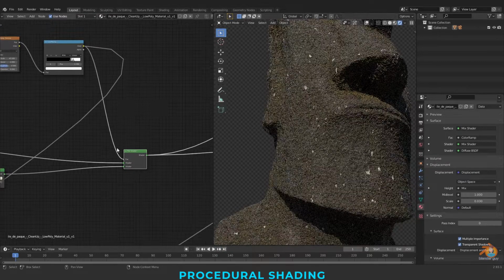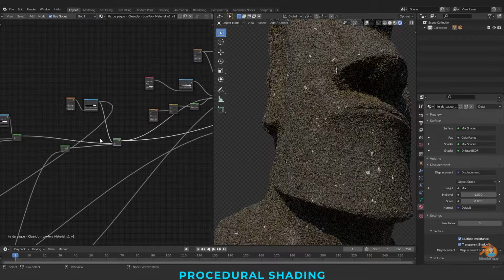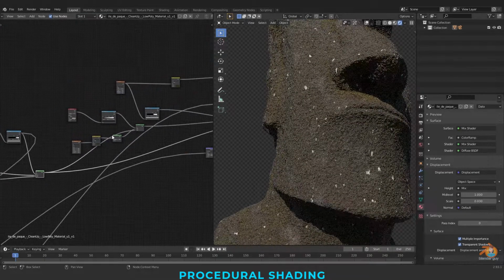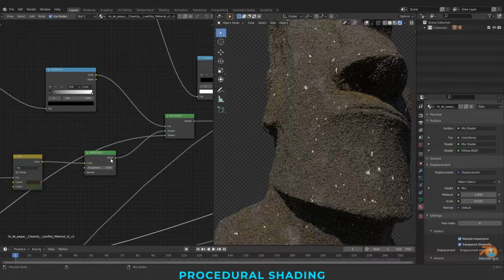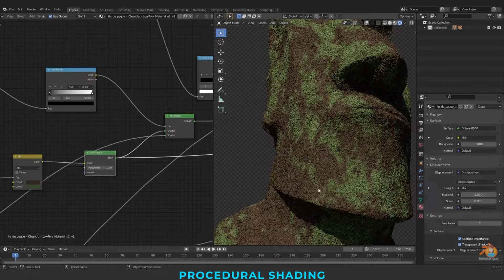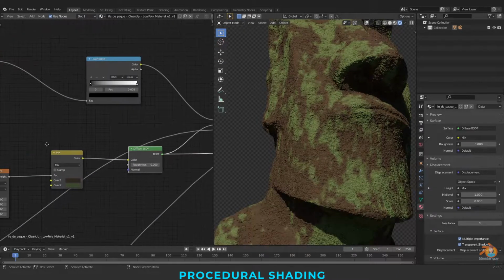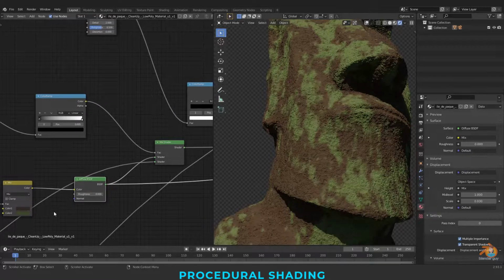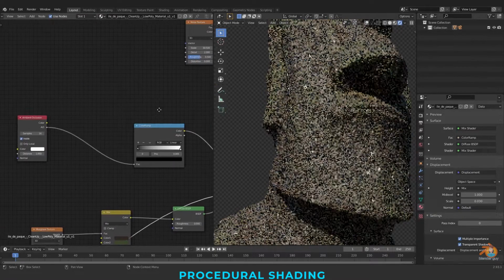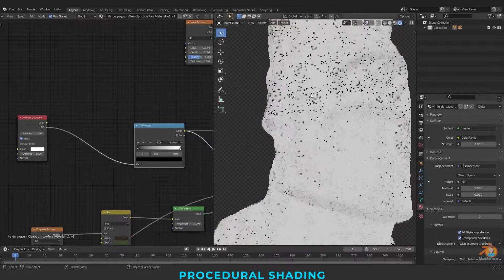And our next material is diffuse, again to create the moss feel by using a Musgrave with a mix RGB, and both are again blended with the occlusion here. You can see the occlusion.